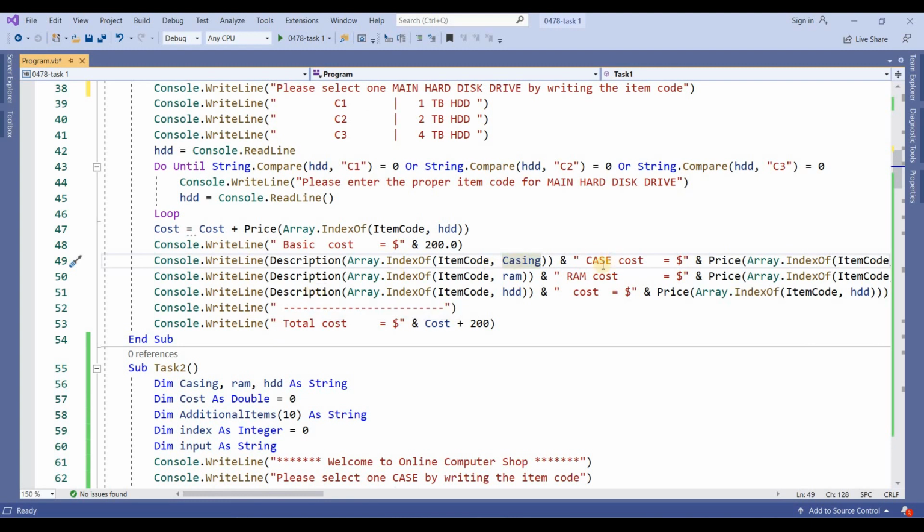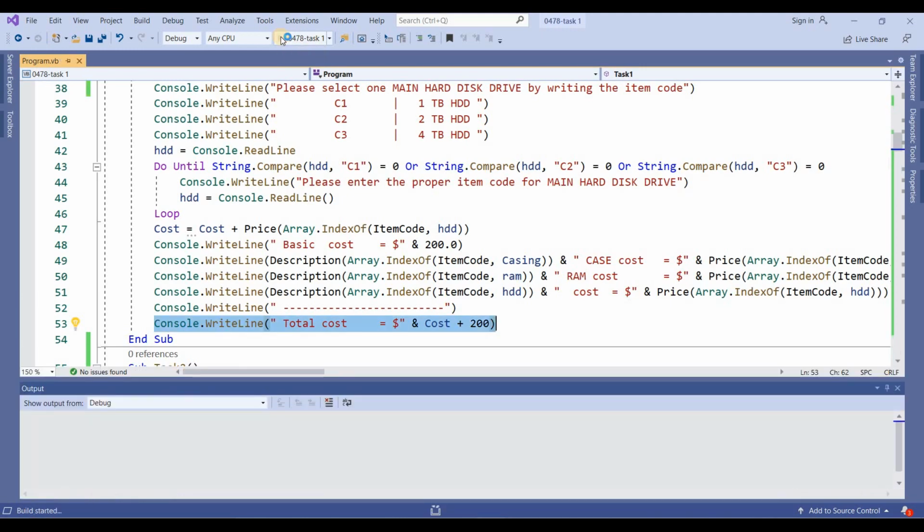Same way you will show the RAM cost and the cost of the hard drive. After this is just a line, and then you will show the total cost of this task. I will run this again.